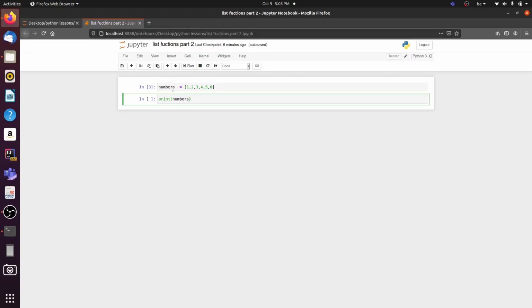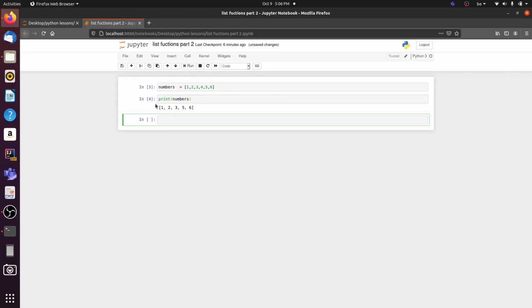So you always want to give them names like numbers, peoples, or books, stuff like that, and always pluralize your array names. So I say, hey Python, print numbers, and run it. Now Python knows what